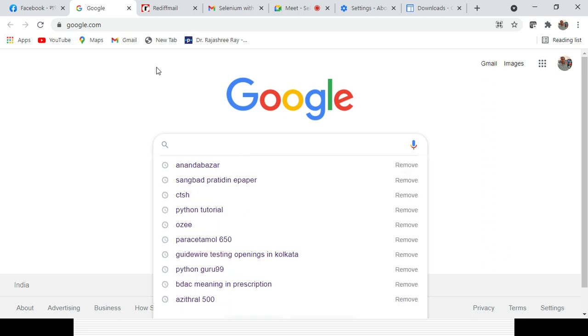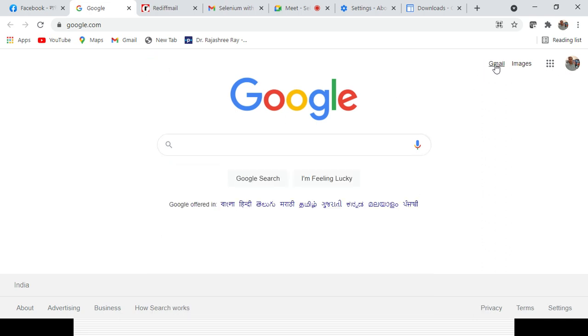In case it is a link, you can click it. In case it is a button, you can also click. In case it is a hyperlink, you can click it. So based on the different type, you can perform different operations. In case it is an image or text only, you can only get the properties: what is the text available, what is the type of the text, all this stuff.